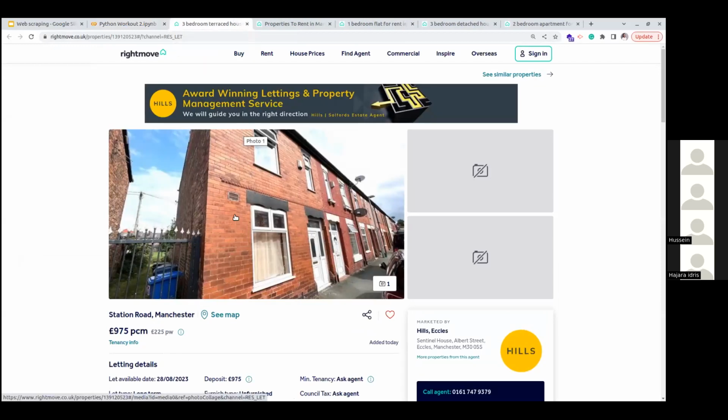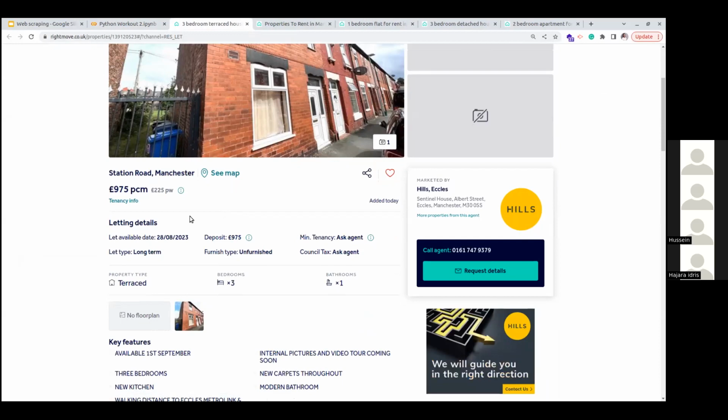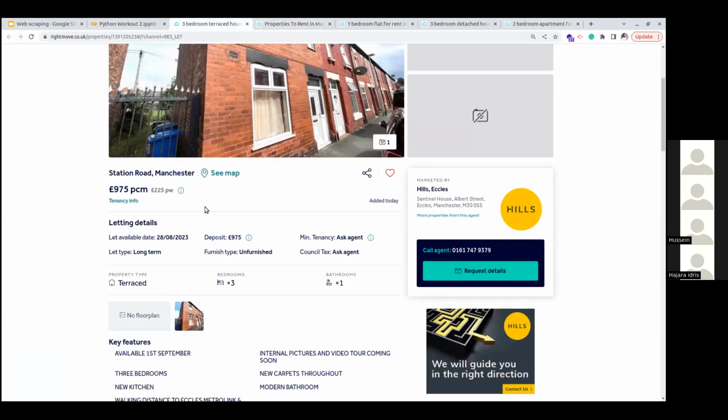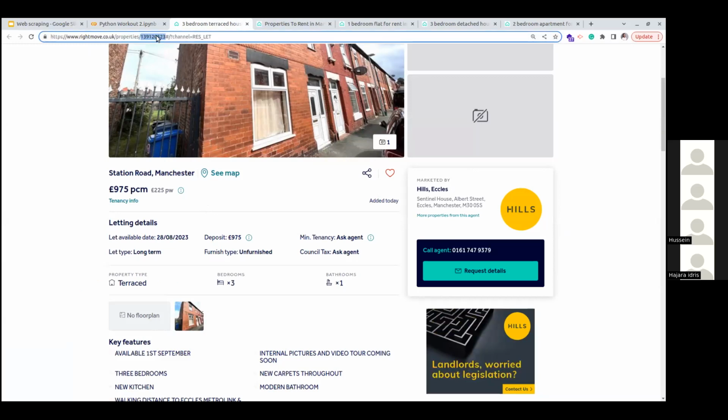Another thing you can do is script this individual page, because remember, not all the information that we need is on the card. Sometimes you don't care about things like the furnishing or the let type. So if the information you need already exists in that card on the main page, then you're good to go. Otherwise, you do another script that scrapes this one and you put it in another CSV. In that CSV, you can have a unique identifier for the details of each house, and you can just do it by the ID here.